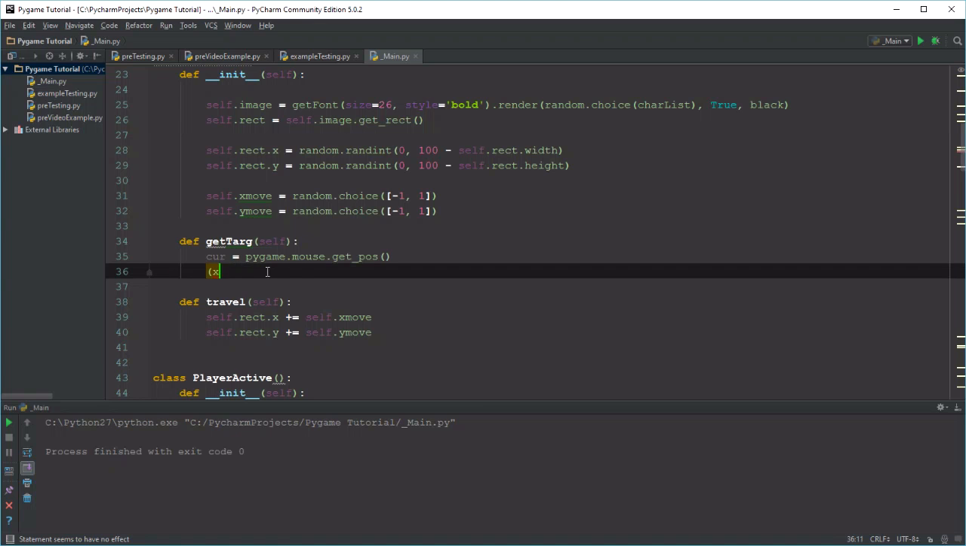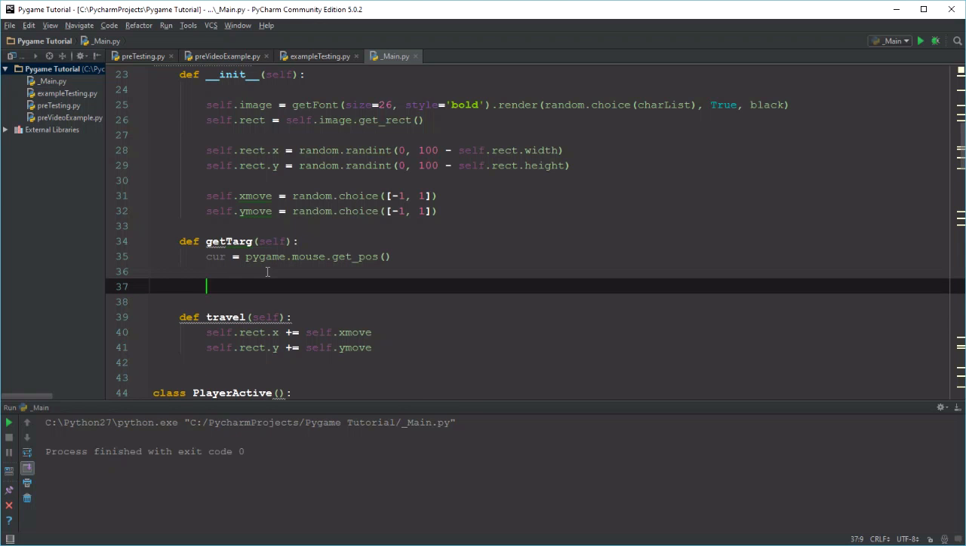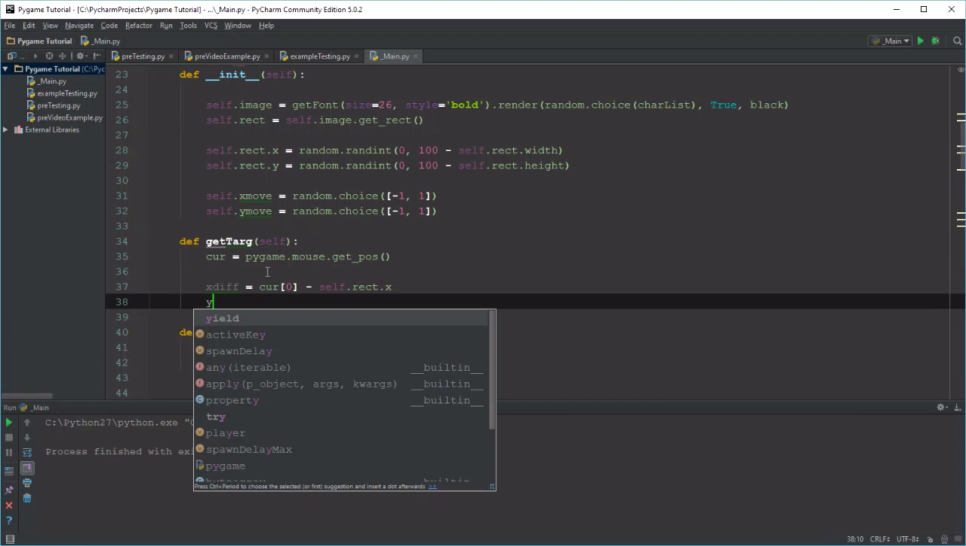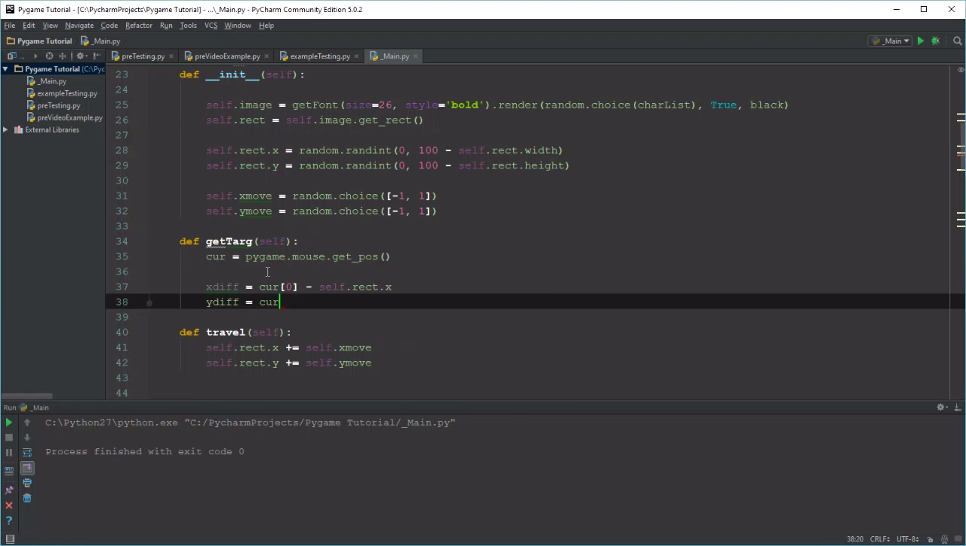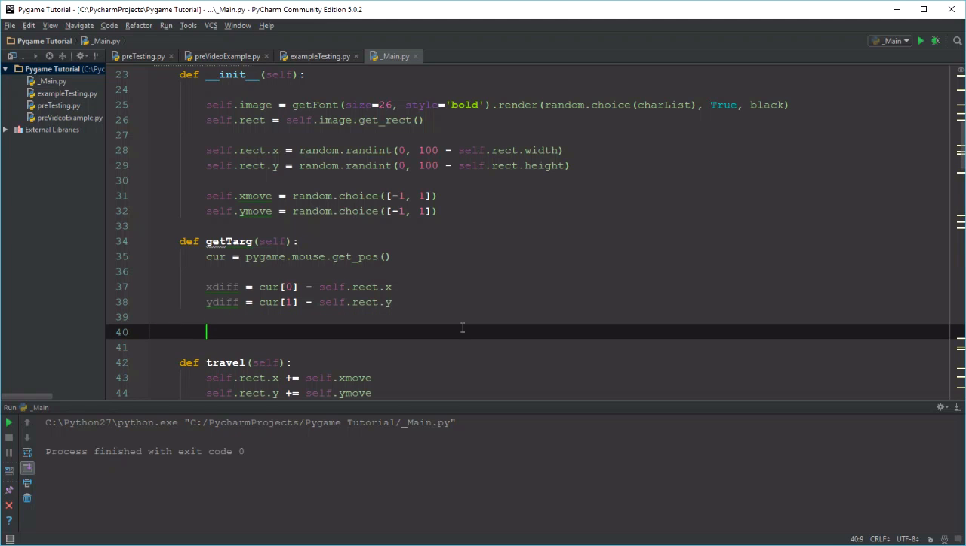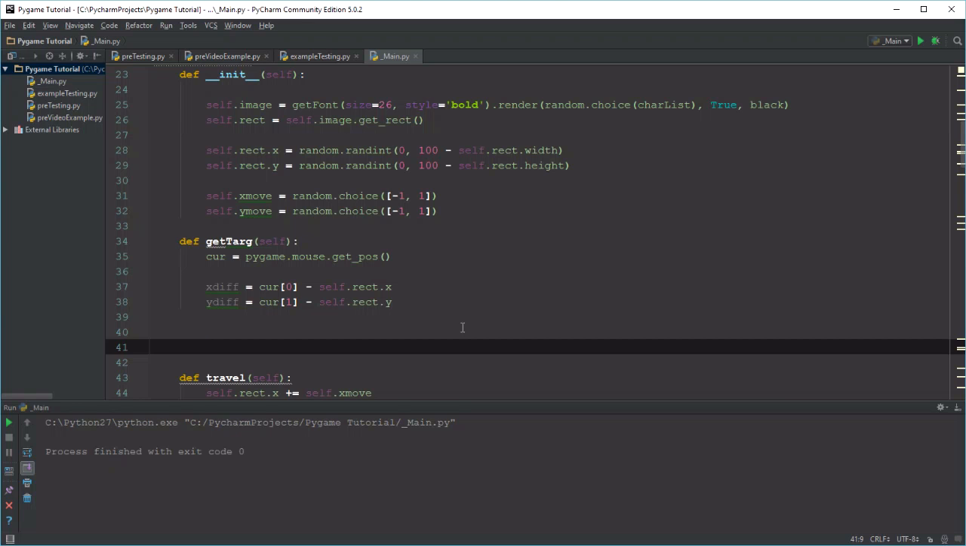So we can use that to our advantage by saying that the x difference is going to be equal to the cursor, 0, which is the cursor's x position, minus self.rect.x. And then the y difference is going to be equal to the cursor at 1 minus self.rect.y. This gives us the pixel differences between our x position and our y position, which means when we actually do some traveling, we can say stuff like